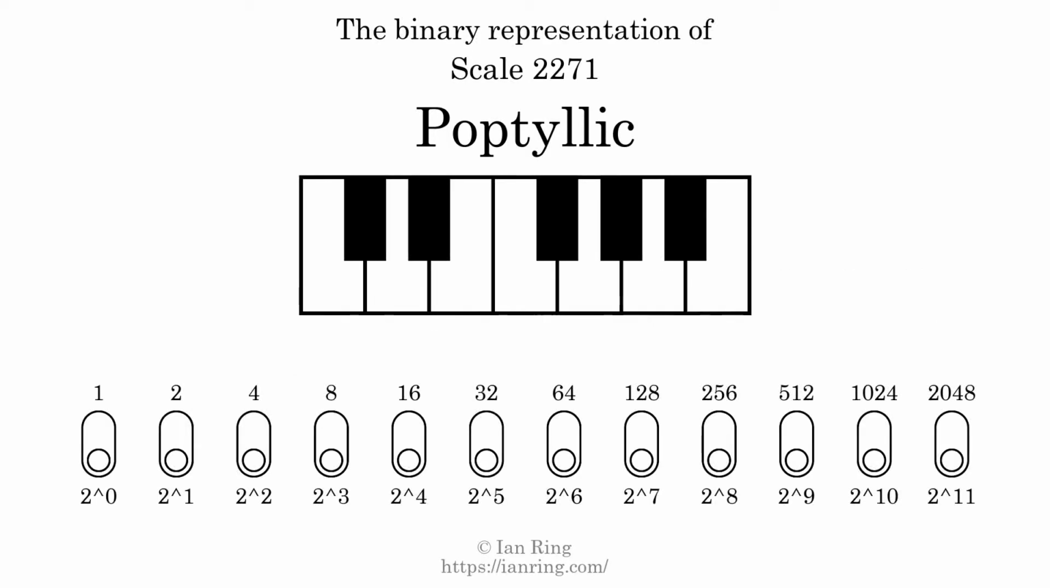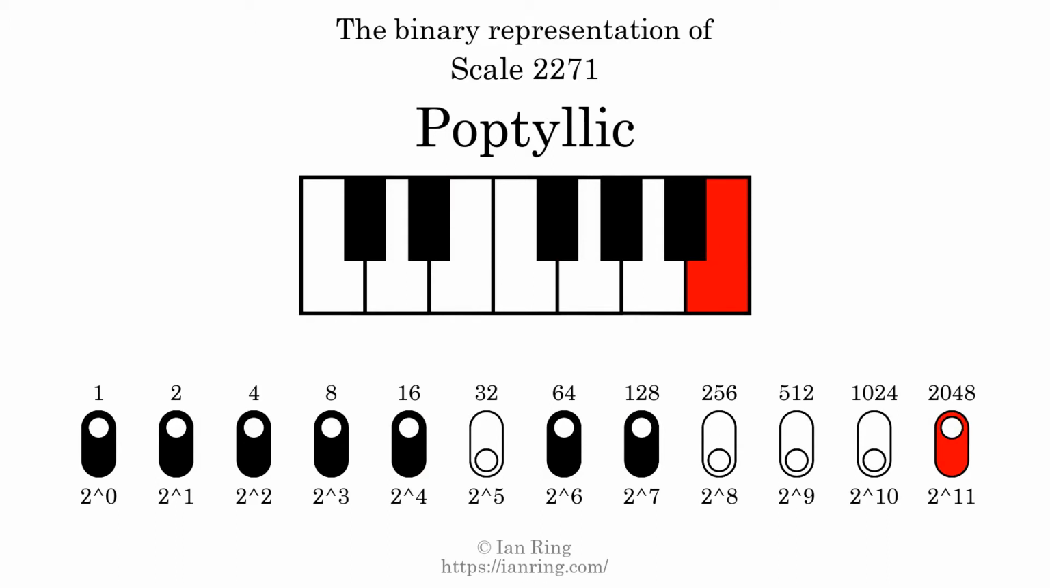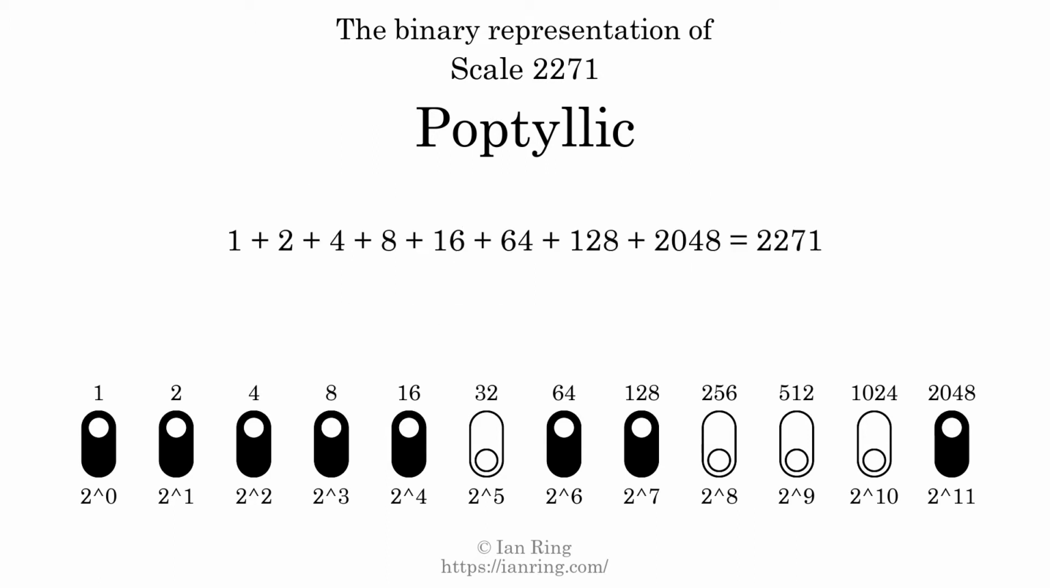The binary representation of this scale is determined by mapping tones of the scale to binary digits. Each binary digit represents a power of 2. To get the scale number, we add the powers of 2 together. The powers of 2 that are present in the scale, all added together, equals 2271. That is why the scale number, in decimal, is